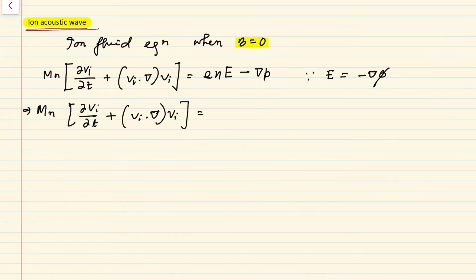If you replace this E by minus del phi, then we will get minus e n del phi, minus, and from the equation of state,